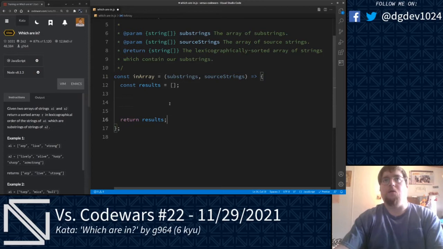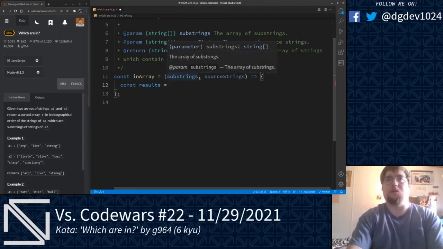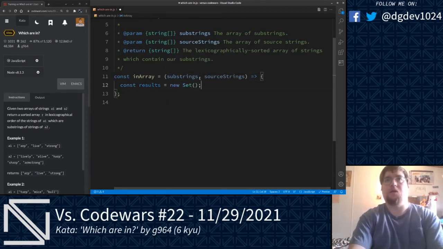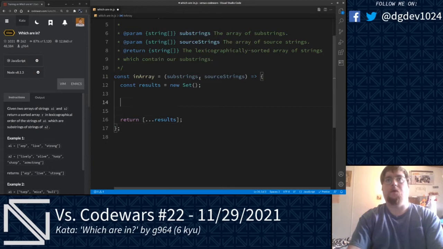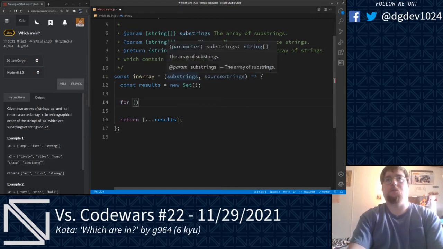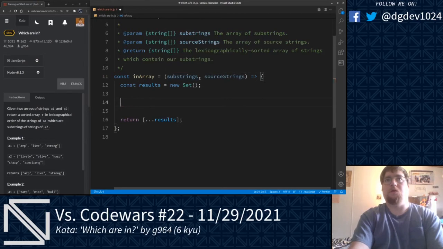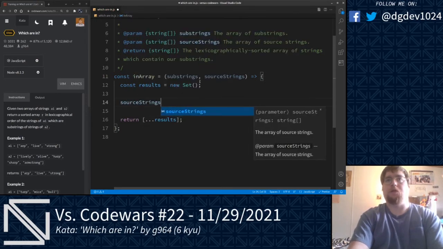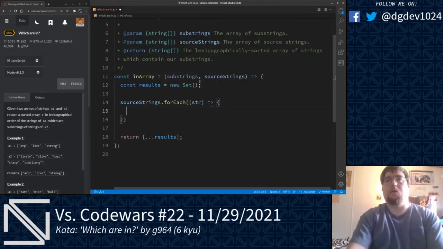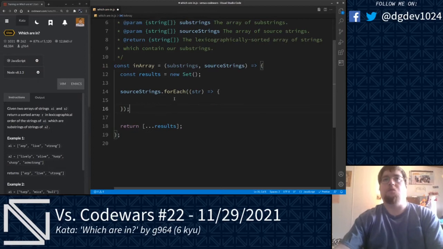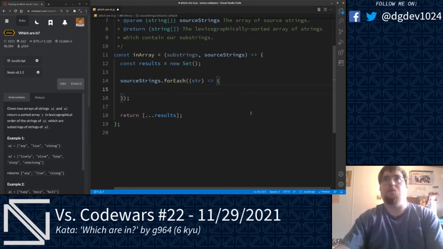Okay, what I think we'll go ahead and do actually, we'll store these results in a new set. And we'll return that set in its own array. Or rather, source strings dot for each. Put a string in our predicate function here. And what we'll go ahead and do